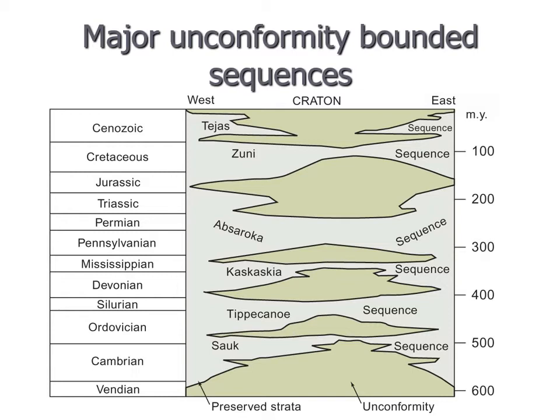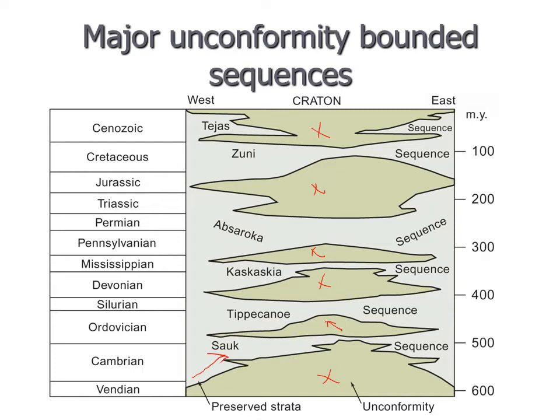So to kind of point this out, the dark green that you see here and here and here and so on, those are times and spaces where we don't have sediment deposited. In other words, it's an unconformity. So if you go back to before 600 million years ago and you look at the North American craton, we don't have much for sediment at that point in time. But what we start noticing is throughout the Cambrian, the late Vendian, we have a little bit of a transgression that continues up through the Cambrian.